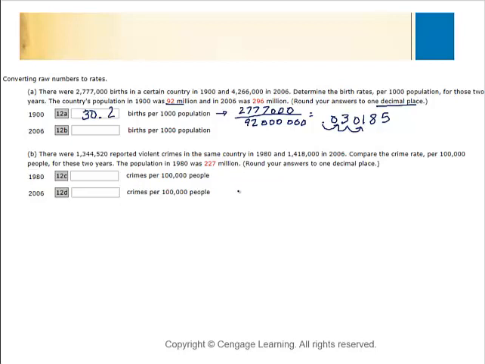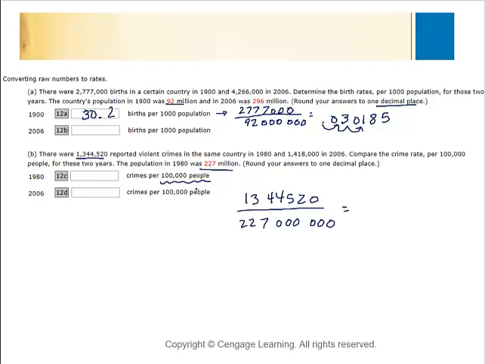Similarly on the B part and those that follow, you take your number there, 1,344,520, and I'm comparing it to this other 1980 number, which is 227,123,123. I'll get this answer. When I get this answer, I will then multiply it by 100,000 because I want it per 100,000 people. So first I get what that ratio is,